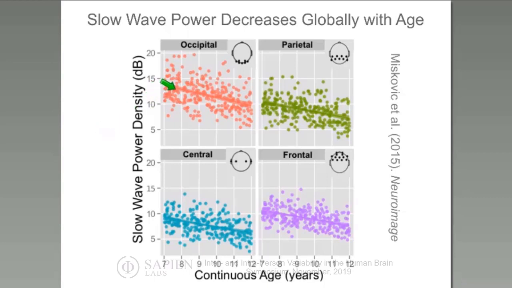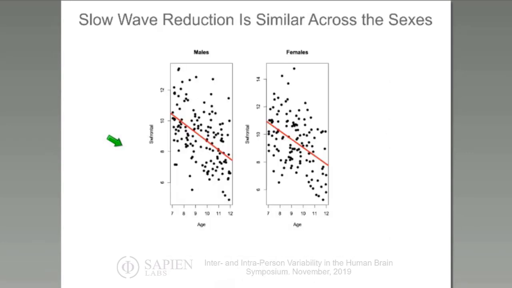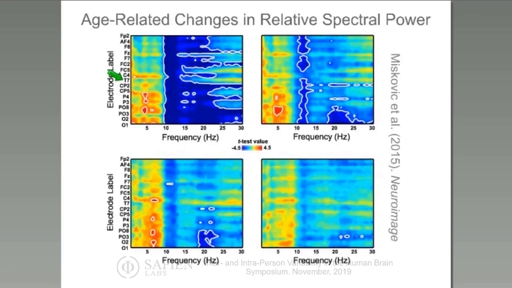And again, this particular pattern tends to not be specific to a particular region. We find that in occipital, parietal, central, and frontal regions across the board. In case you're wondering, it does not tend to be different for boys and girls. So the exact same linear fit is found for both sexes. So we didn't find any drastic sex differences in terms of this pattern, although there are some other minor sex differences that are reported in the paper, but they're probably not worth talking